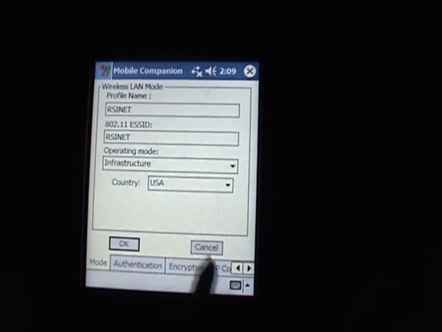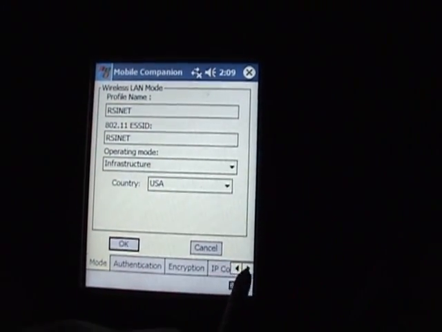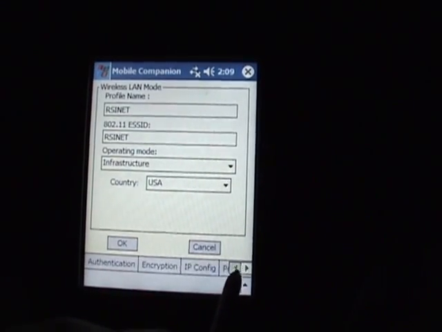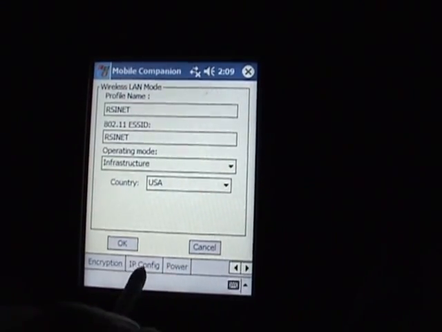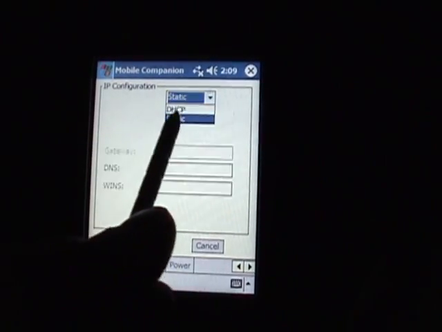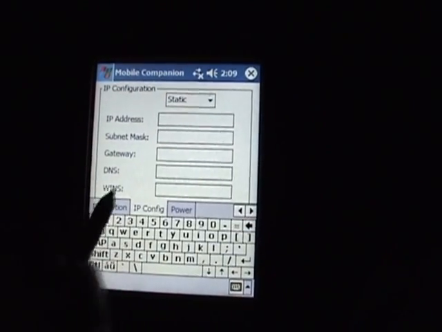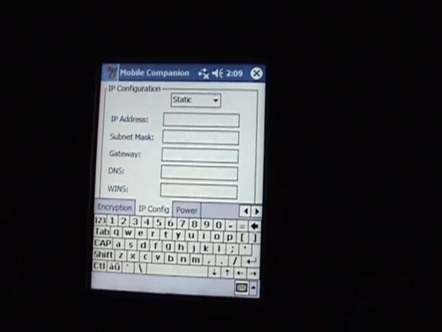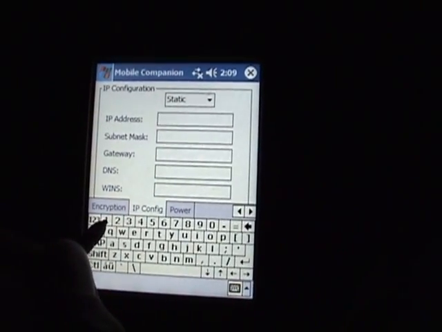Alright, we also need to go back and probably reconfigure the IP address. Let's just double check that. We click the little tabs down here at the bottom. We can go over here to IP config. It's set to DHCP, which is wrong. It needs to be a static IP address. Alright, for the static IP address, this terminal right here happens to be terminal number 8. So the IP address is going to follow